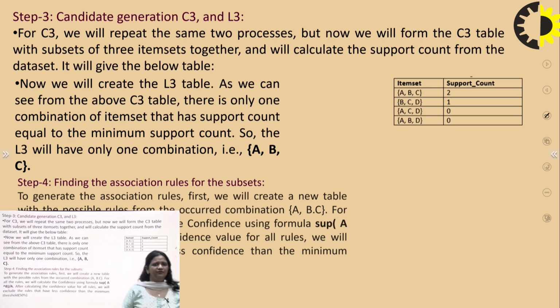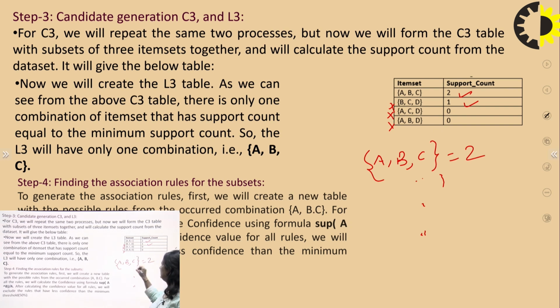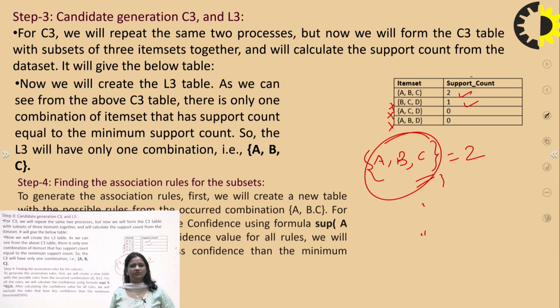Then as in the first and second steps, we calculate the support count for these. Now we eliminate those item sets which do not satisfy the minimum threshold value. So this one is eliminated, this one is eliminated, this one is eliminated. Only the item set A, B and C satisfies the minimum threshold value of 2. So this is the frequent item set